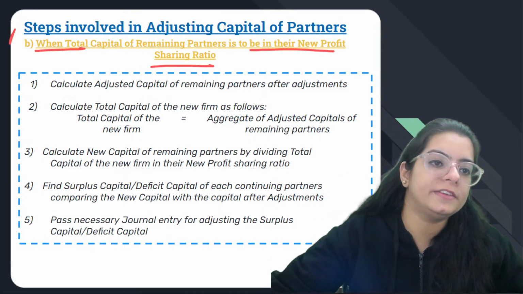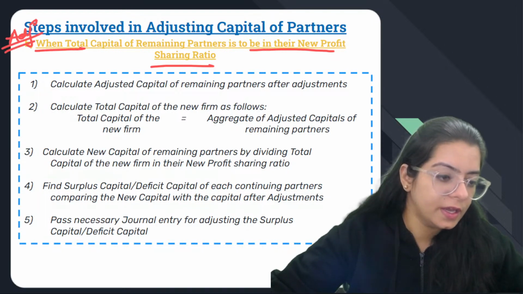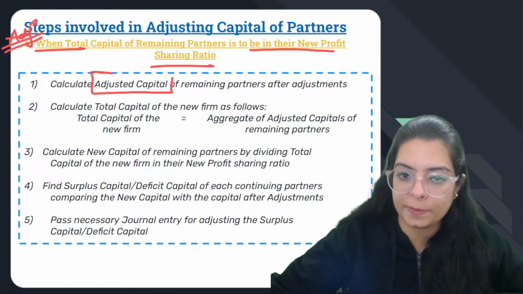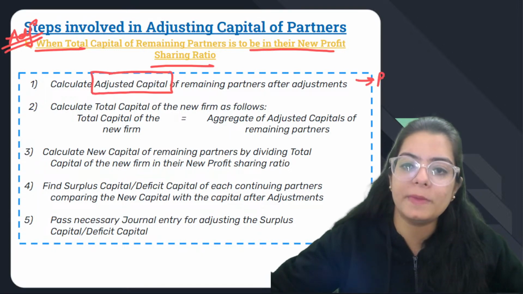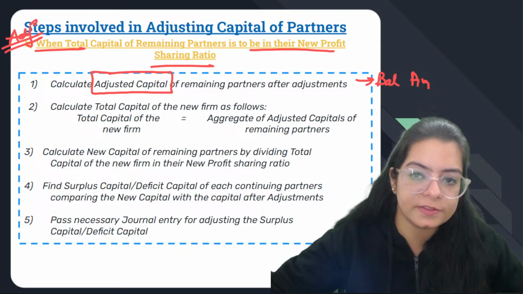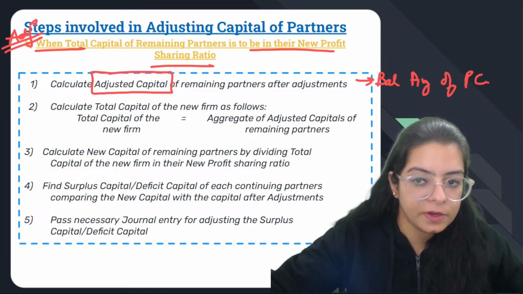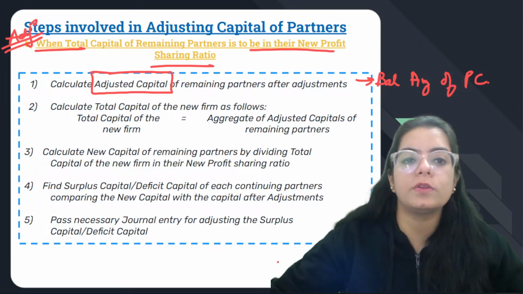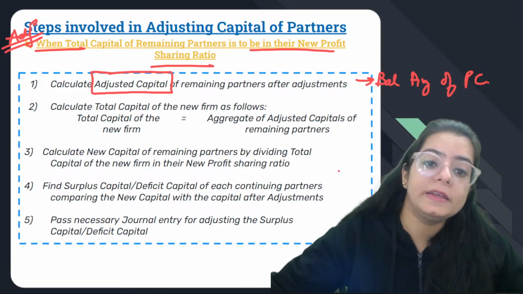If total capital of remaining partners is to be in their new PSR। अगर क्वेश्चन ये लाइन देता है एडजस्टमेंट की तो क्या करना है, अगर ये लाइन आ जाती है एडजस्टमेंट की, सो अगेन यू हैव टू फाइंड द एडजस्टेड कैपिटल। व्हाट इज एडजस्टेड कैपिटल, बैलेंसिंग फिगर ऑफ पार्टनर्स कैपिटल, है ना। फाइंड इट आउट, राइट इट इन योर वर्किंग नोट्स।